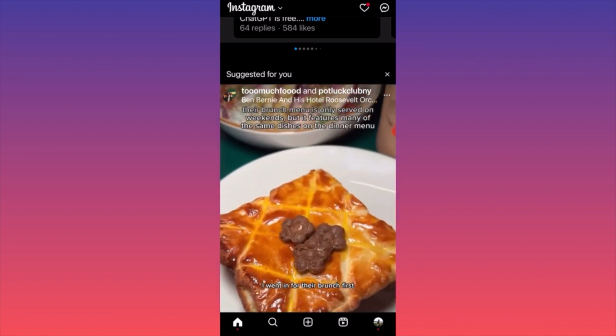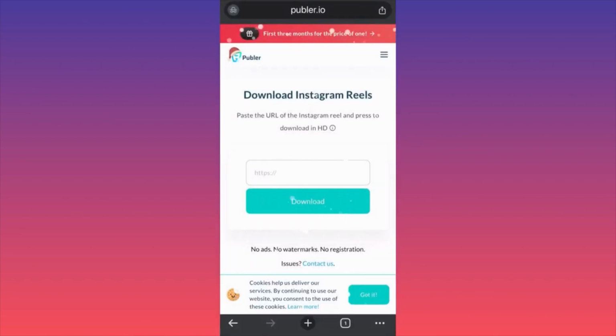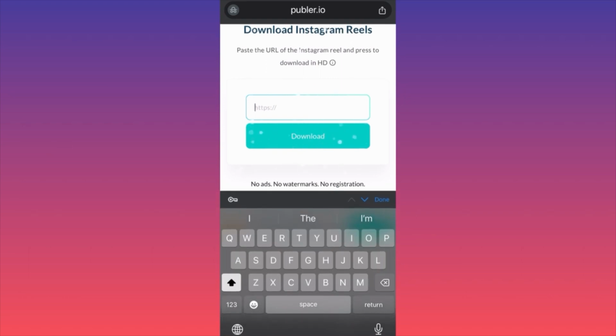Then you want to head to Google Chrome. You want to click on Google Chrome and you want to look for Publer.io. I'm not affiliated or associated or whatever with this particular app. I just saw some people are using it. And the good thing with this is that there are no watermarks and you don't need a registration to actually download the videos. You want to click on this bar over here, and what you want to do, essentially, is